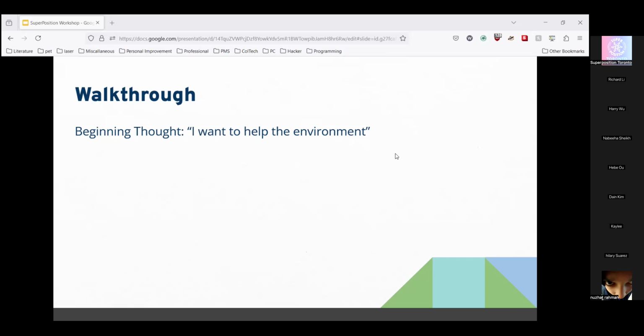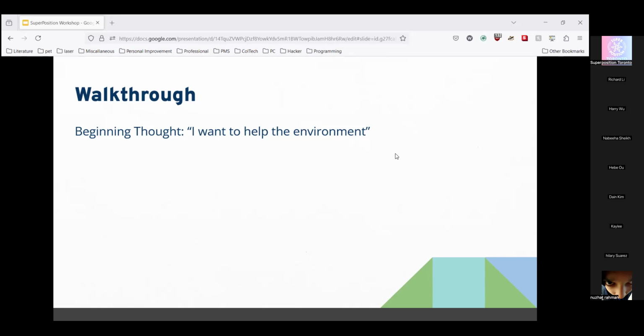Sure, helping climate change specifically. So that's fine. Yeah, I want to help the environment by helping climate change. Okay, that's a good first step. So let's think about some more. What part of climate change is a thing? What causes it, right? So are we talking carbon emissions? Are we talking